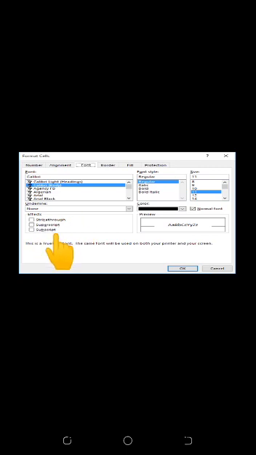Strikethrough, superscript, subscript. You can also choose these options for the effect. These are the special effects. Strikethrough means it will make a line through the text. Superscript and subscript means if you want to put any letter at the top of the word, then you can use superscript. If you want to show the letter on the bottom side, then click on the subscript option. Okay, so this is the Format Cells dialog box. You can also do formatting by using this box. When you click on OK, then whatever style you have selected will be shown on the cells.